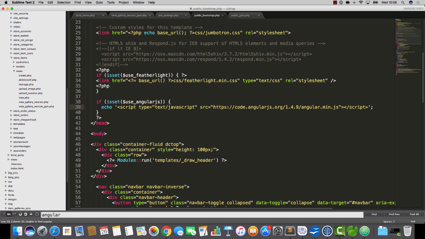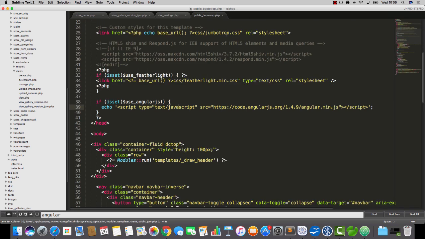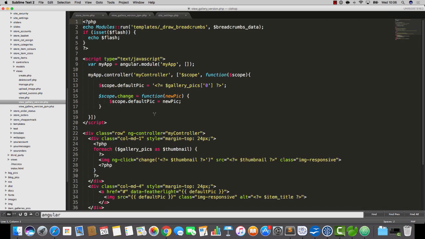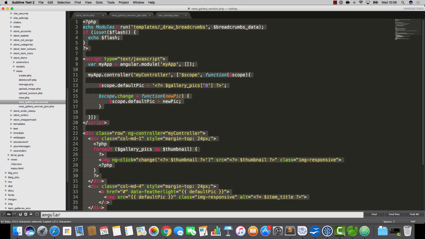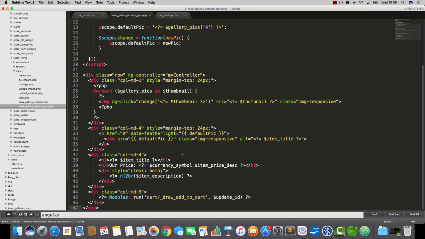Okay, so there's nothing else on this public jQuery mobile site that needs to bother us. We can now close this and relax, and we can now close this and relax as well. Now we have a file called viewGalleryVersion.php. Okay, it's inside store items views. Now, if I copy all of this stuff and paste it into viewGalleryVersion jQuery mobile, I'm telling you,